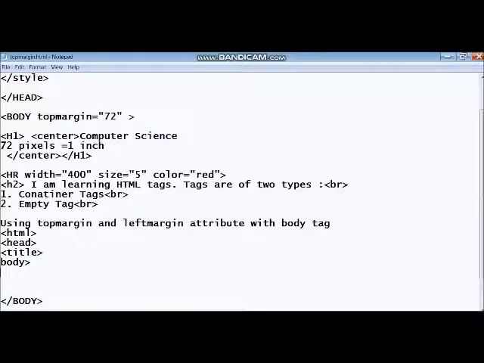Then body, P tag, paragraph tag, font tag. Then BR tag, which gives you the line break. Container tags require 2 tags.